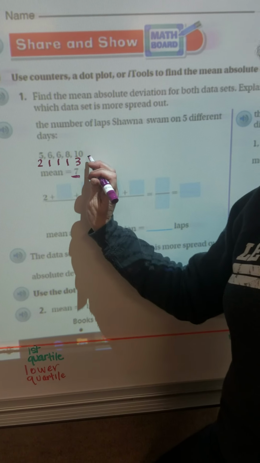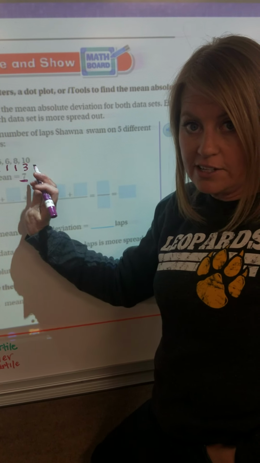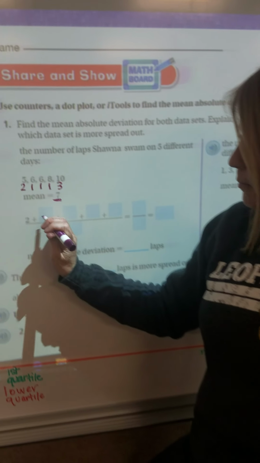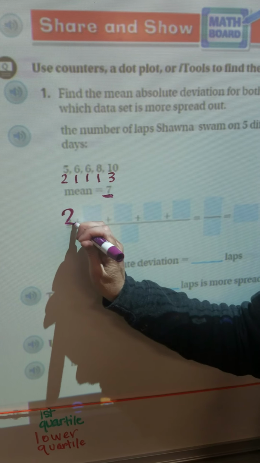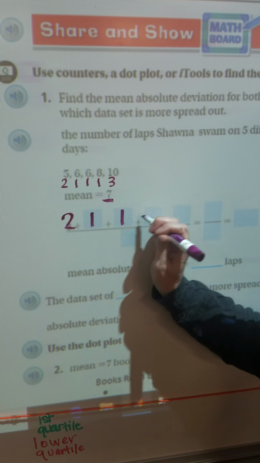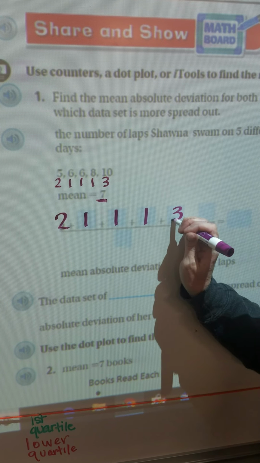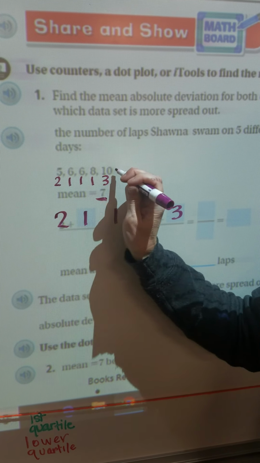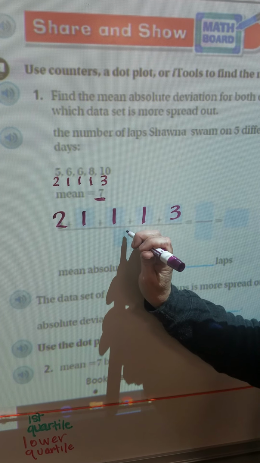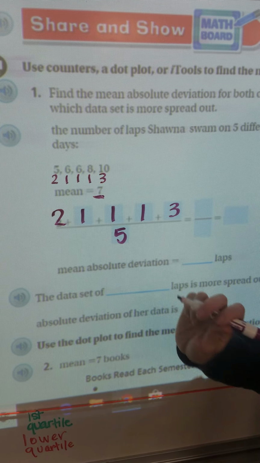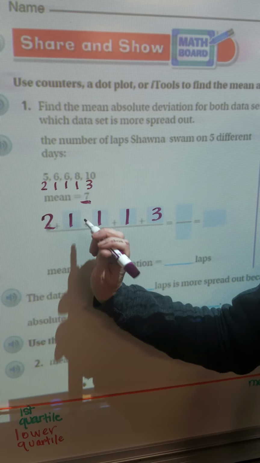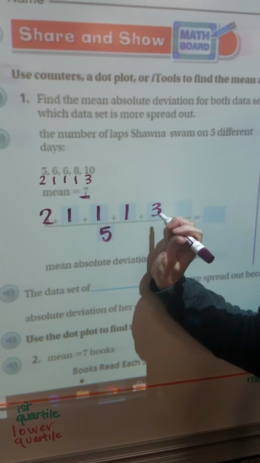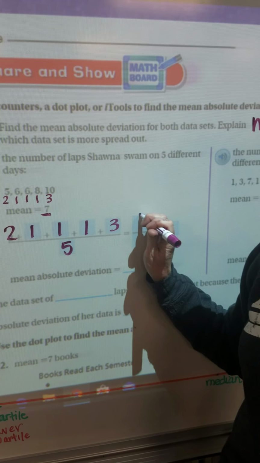Okay, so once I figured out how far away each of those data values is from the mean, I'm going to add those all together. 2 plus 1 plus 1 plus 1 plus 3. And then I'm going to divide by how many data values I have, which in this case is 5. Okay, 2, 3, 4, 5, 6, 7, 8. So that's